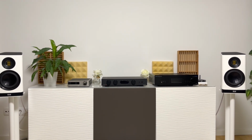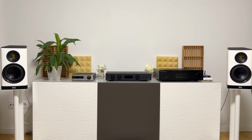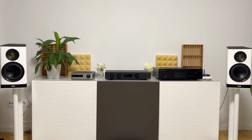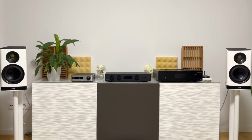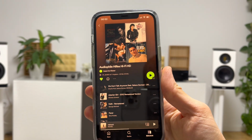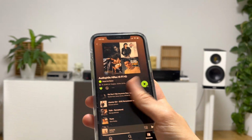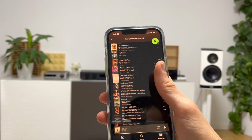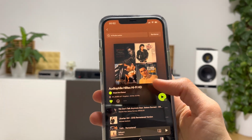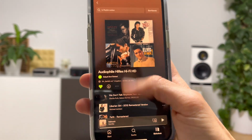Now, what is so special about the Audiolab 6000A Play? Let me tell you what I experienced. I've listened to my playlist. It's called Audiophile Hi-Res Hi-Fi HD. These are almost 400 songs with almost 24 hours. Now,